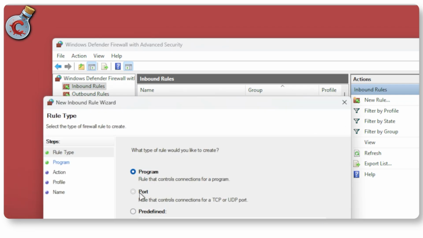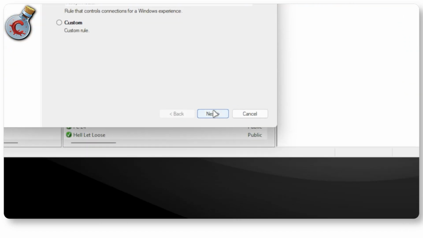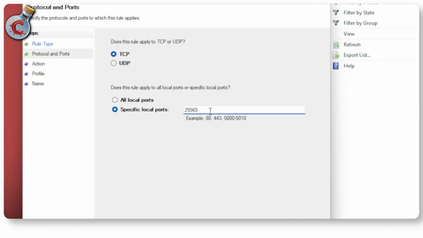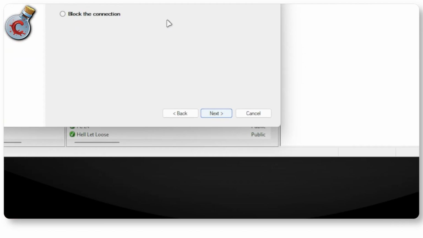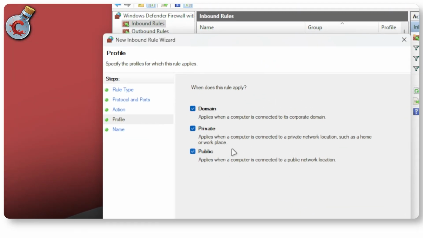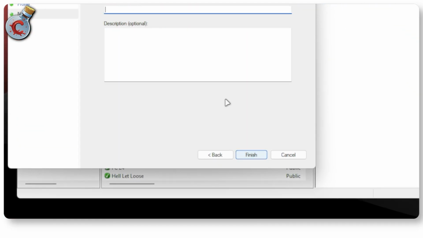Now we're going to click port here, click next, select TCP, and now I'm going to type in 25565, which is the default port for Minecraft Java Edition. If you're hosting a specific server with new settings, you would have a server.configuration notepad file where you can find your particular port number. In my case, it's this one, so I'm going to click on next again. Then I'm going to select allow the connection, make sure all three boxes are checked, click next once again,